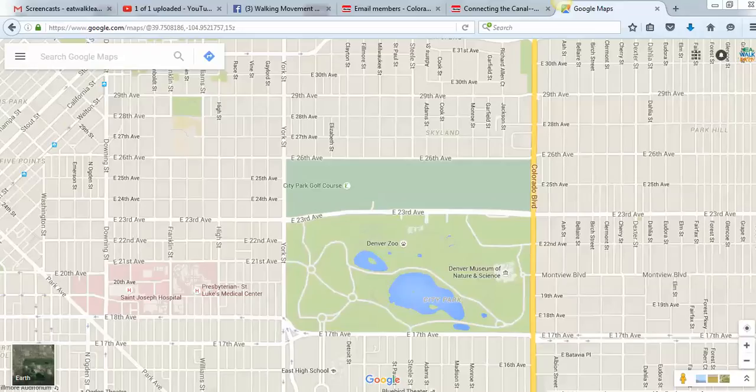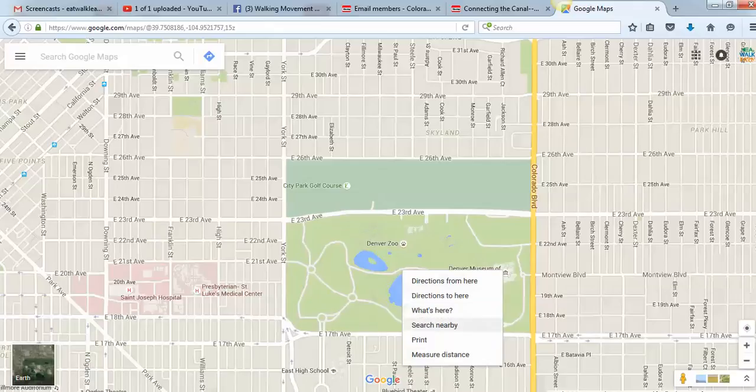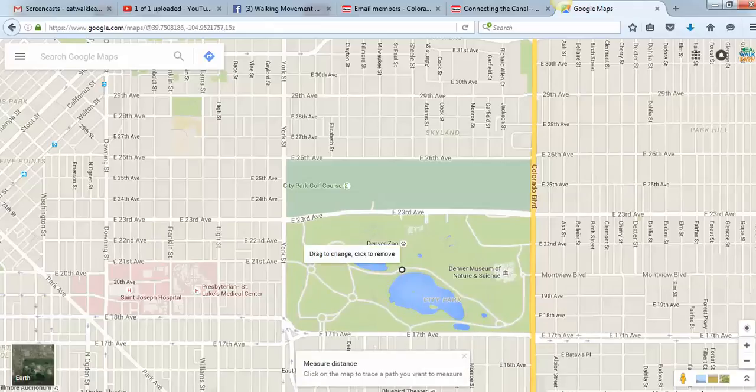of the distance. So I've opened up Google Maps, and let's pretend we're going to do a walk in Central Park or in City Park in Denver. If I hover my mouse anywhere in Google Maps, I can right click and I get this measure distance option. I'm going to click that, and it will create this little point, and